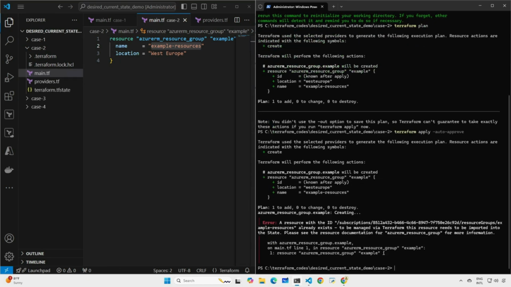If you see here, we are getting an error. So what is the exact meaning of this error? A resource with the ID mentioned here, example hyphen resources, already exists. To be managed by Terraform, this resource needs to be imported into the state. Please see the resource documentation for azurerm_resource_group. Regarding this import command, we are going to discuss in detail in our upcoming videos. But